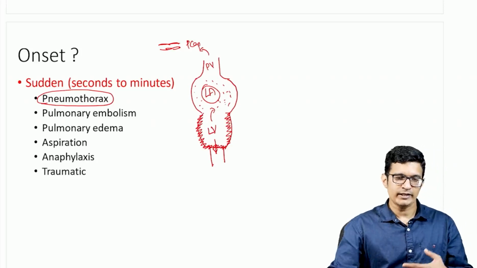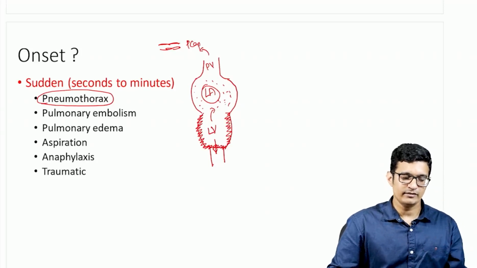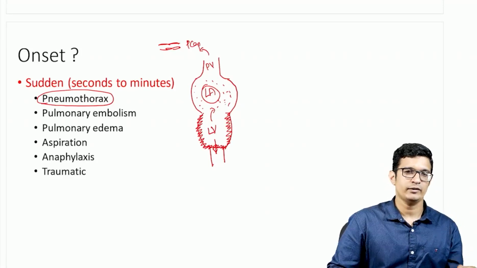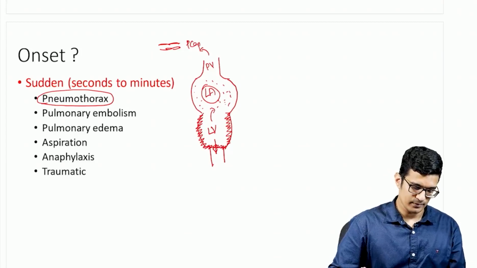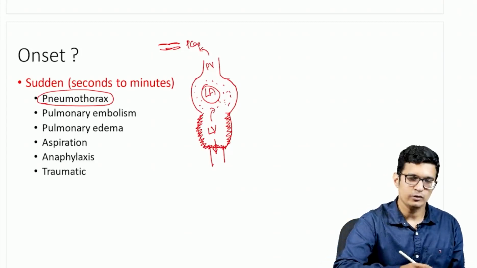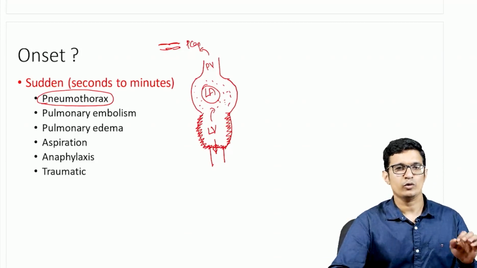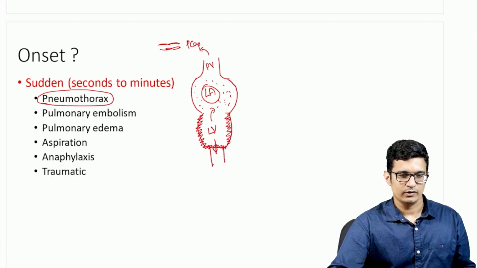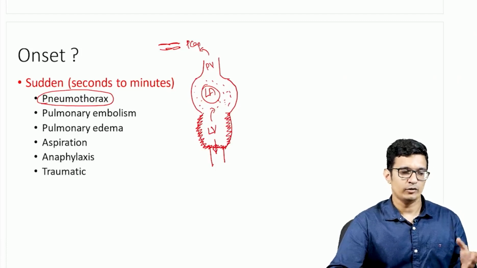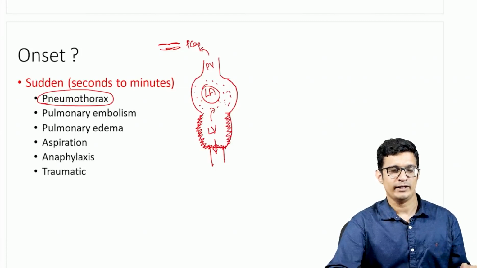So pulmonary edema can cause sudden onset breathlessness in a patient who is undergoing some acute coronary event or a hypertensive heart failure, etc. Now the next condition that can cause acute onset breathlessness is occlusion of the pulmonary artery by a thrombus. Not a thrombus specifically, an embolus, because a moving thrombus is what we call an embolus.